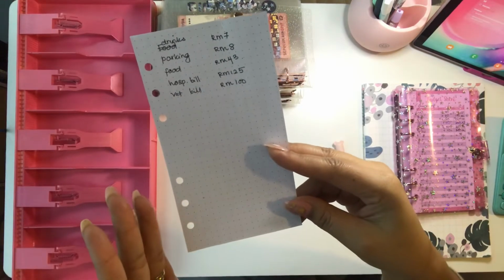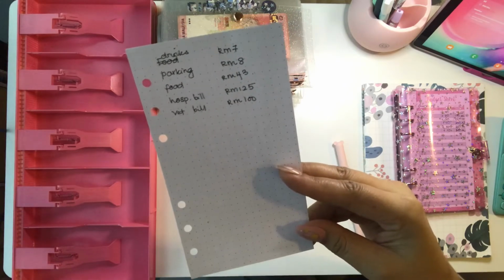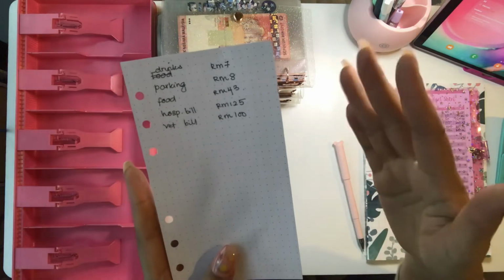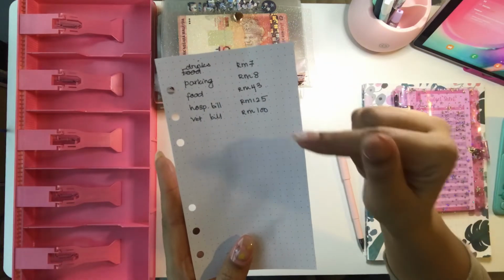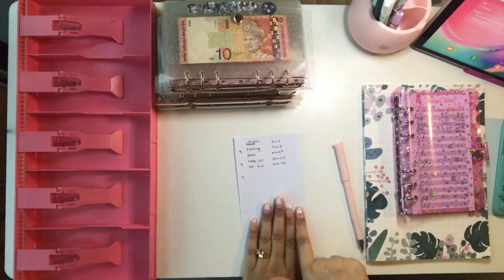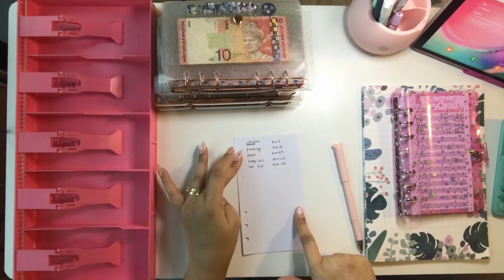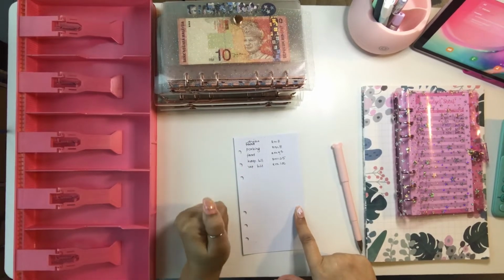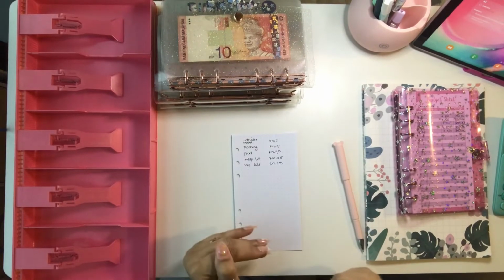So every week it actually does vary according to what I have to pay for or spend on. And you can see that I do have a couple of high bills, for example, my hospital bill and also my vet bill for my pets. So I have a few categories. We have drinks, parking, food, hospital bill, and also vet bill. And I'm trying to figure out exactly where I want to pull these from,